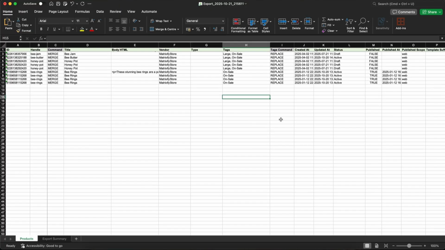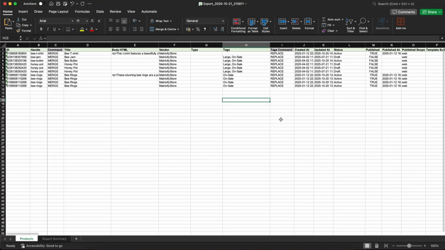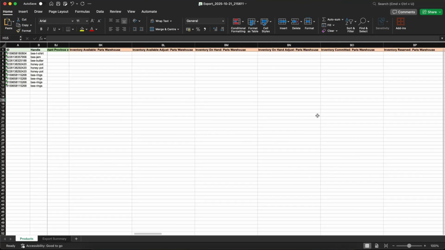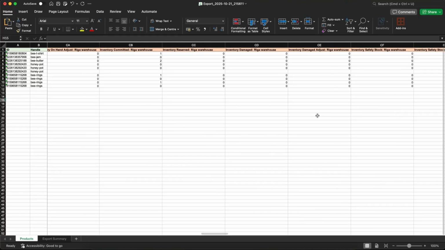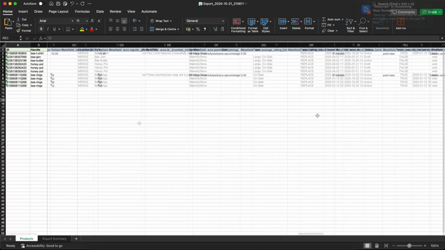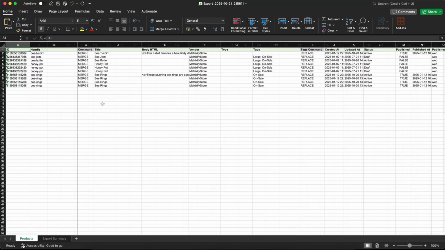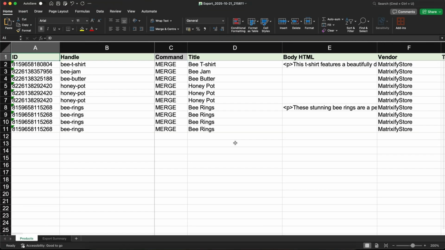And here I am in my exported file. Here you'll be able to see all of the different columns that you've exported. It may look something like this. I'll zoom in now just so you can see the values a bit closer. Now you may notice that some of the products in my file have multiple rows, and there is a good